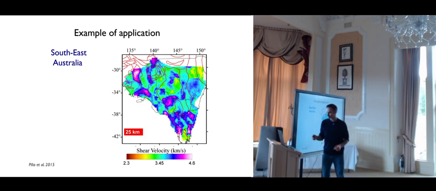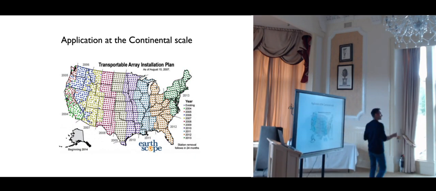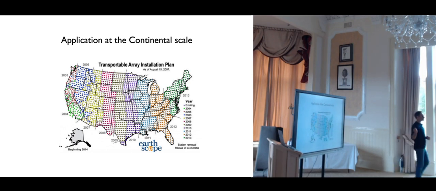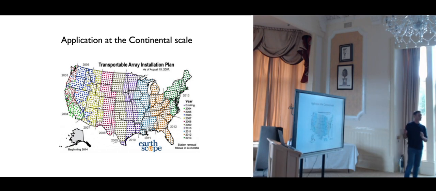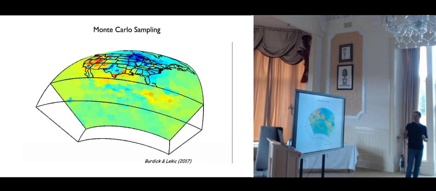Yeah. Now, another example for the full US array, and this is what Scott Burdick and Vedlekic in Maryland have been working on. The idea was to do travel time tomography for this full US array, this super nice telescope that we have in the US. And the solution is an ensemble of models. So this is a 3D tomography.